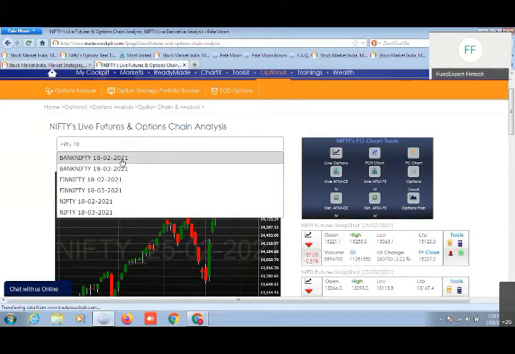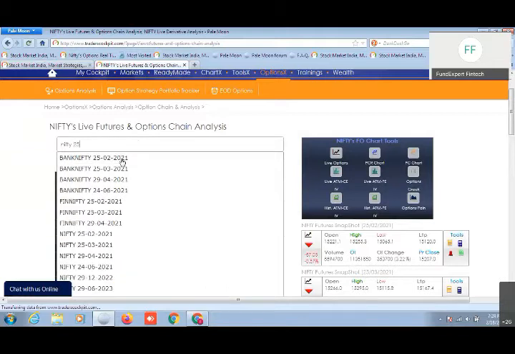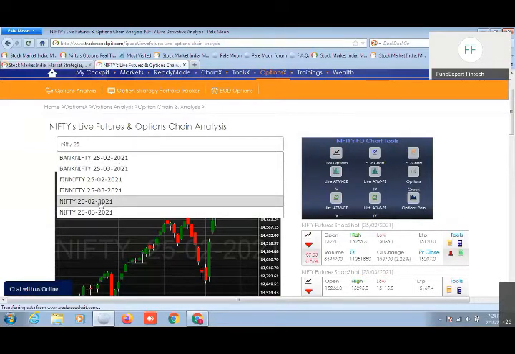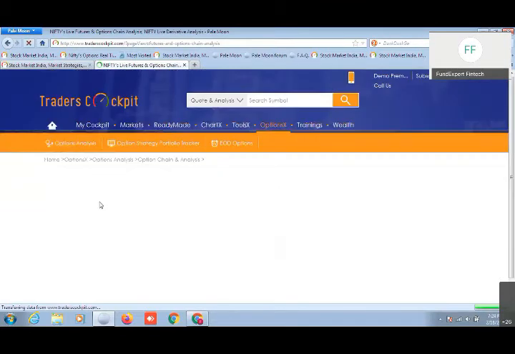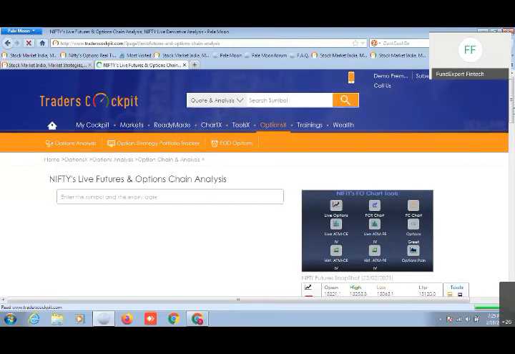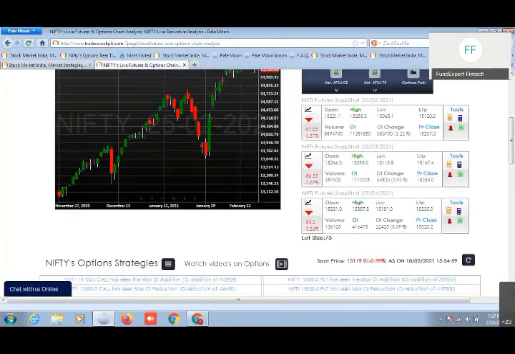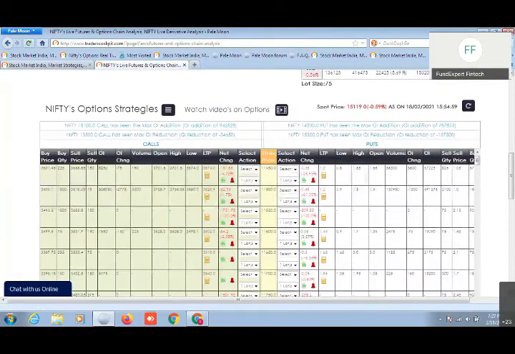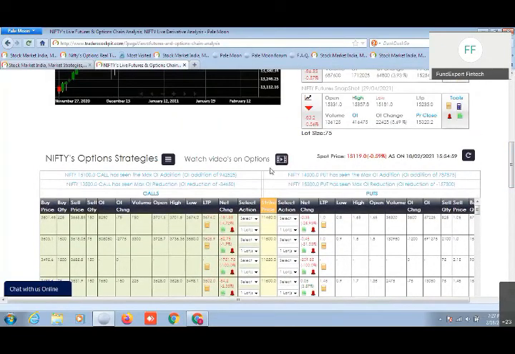the expiry date. Today the expiry already happened. Let's take the case of next week or the month end expiry, which is around 25th of February. Any weekly option, or you can put in the monthly options also. And then accordingly, downside on the same page you'll find the option chain analysis page, and also downside you'll find